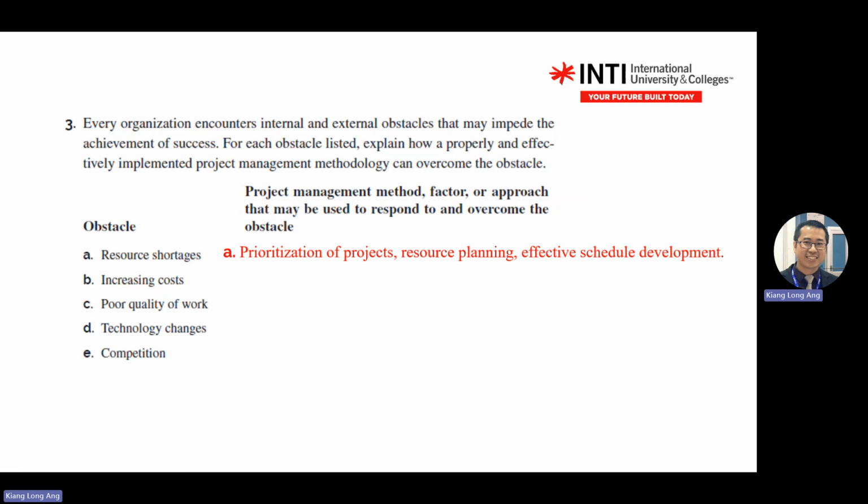Your test one answer, your question was similar to this one. It gives you a scenario and then asks you how you solve it as a project manager. This is LO1, learning outcome number 1. It asks you the application of the project management model. Model means the way you solve it. So for question one, we usually will ask you how to solve a problem as a project manager.